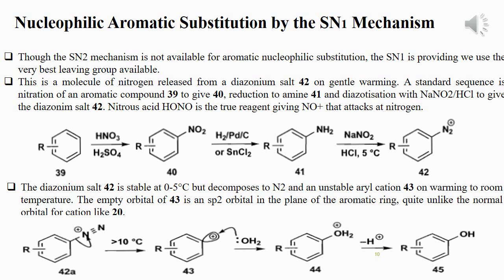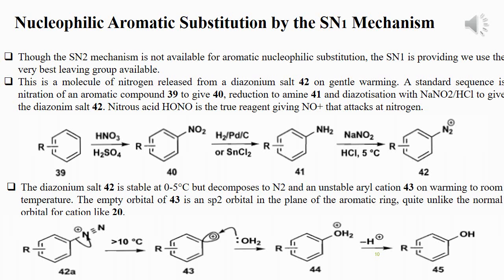That reaction takes place at low temperature, like 5 degrees centigrade or lower. Nitrous acid, HONO, is the true reagent giving the nitrosonium ion that attacks at nitrogen. The diazonium salt 42 is stable at 0 to 5 degrees centigrade, but on warming to room temperature it decomposes to N2 and an unstable aryl cation 43. So here, with the removal of N2 from 42A above 10 degrees centigrade,